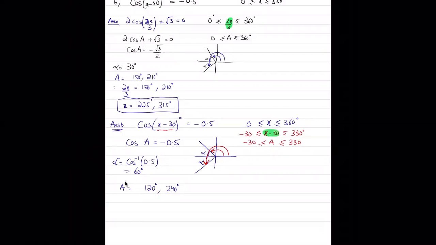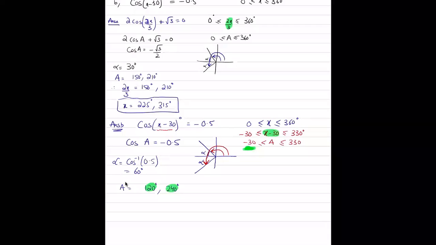What you can do now is, in each value, check by adding 360 or subtracting 360. If I add 360 to 120, I go to 480, which is above 330, so I'm not going to take any other angle. If I take 120 minus 360, that's negative 240. Again, we are going beyond this range. So that's the only answer from 120. As far as 240 is concerned, if I subtract 360 from here, I get minus 120. Again, that falls below the range of minus 30. So these are the only two angles within my domain for A.